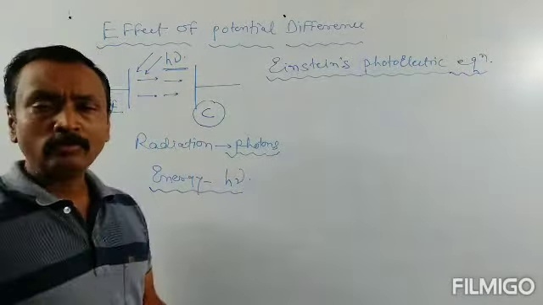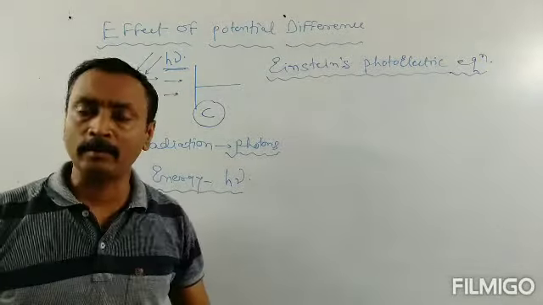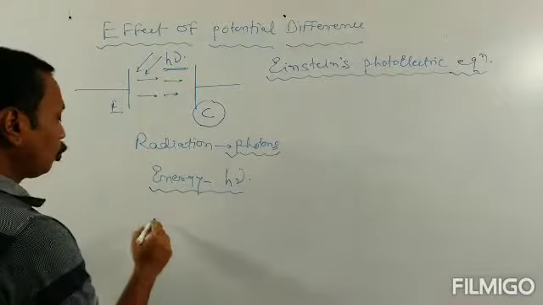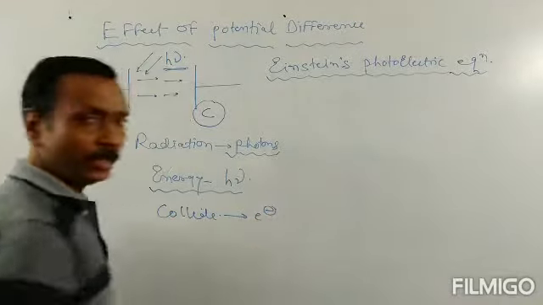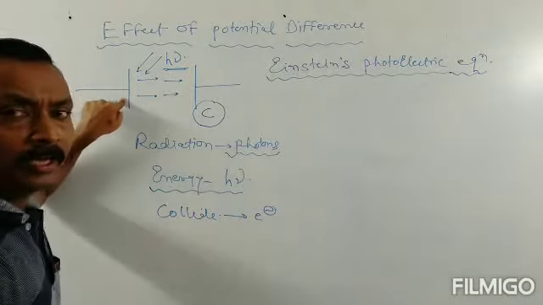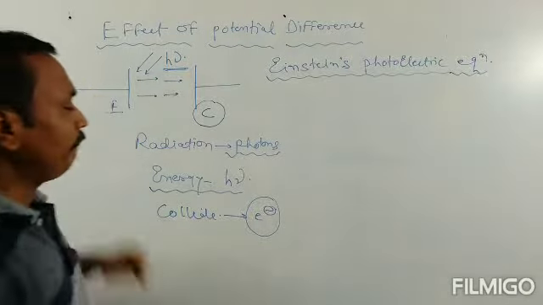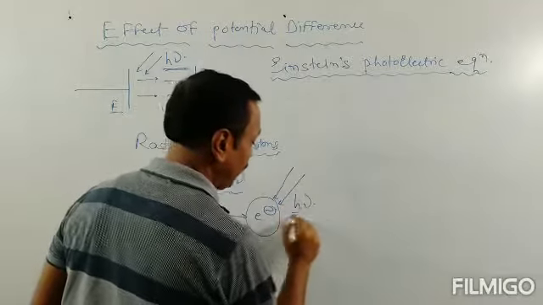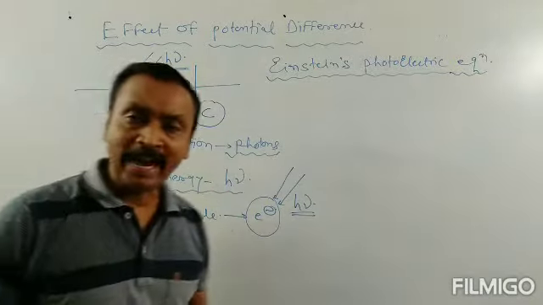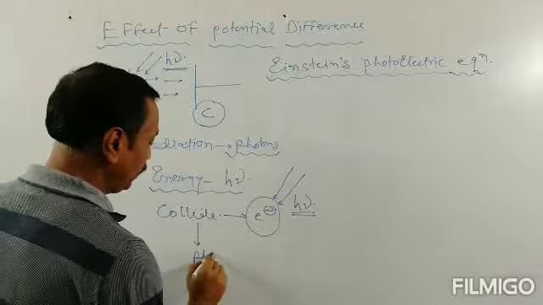The photoelectric current is an instantaneous procedure, so we explain it here. The photon of energy h nu is incident on the emitter plate. When it collides with an electron in the material, since this plate has electrons within the material, the photon collides with the electron, and that's why we get the photoelectron.